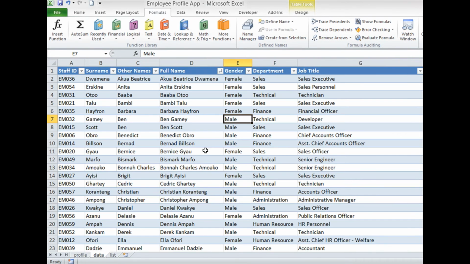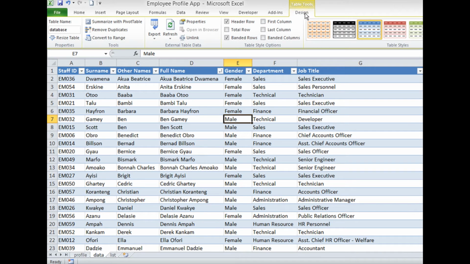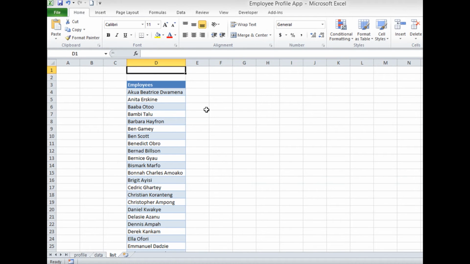Now the data sheet has all the employee records I need to extract critical employee data from, and that is actually formatted as a table. So you see on the design tab of table tools, the name given to the table is database. We'll later be referring to this list with a function. And then also we've got right here a 1-column list of all the employee records, and what you have here is the full list, unique list of employees